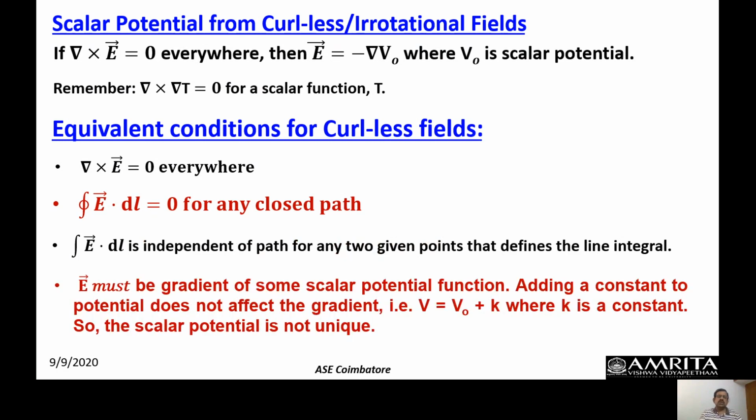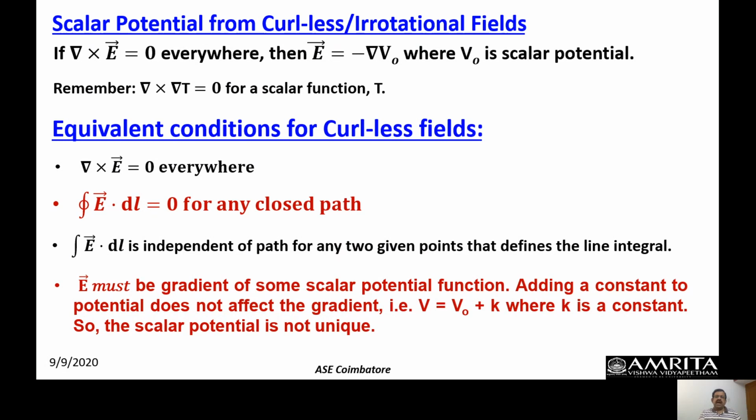Now I already told you the curl of a gradient is 0. Therefore, I can represent the vector function by the gradient. So the negative sign, just forget about it for now. We'll come to that later. It is just a question of convenience because of the choice of infinity as the reference point when we talk about potential. E must be the gradient of some scalar function, which we have already stated.